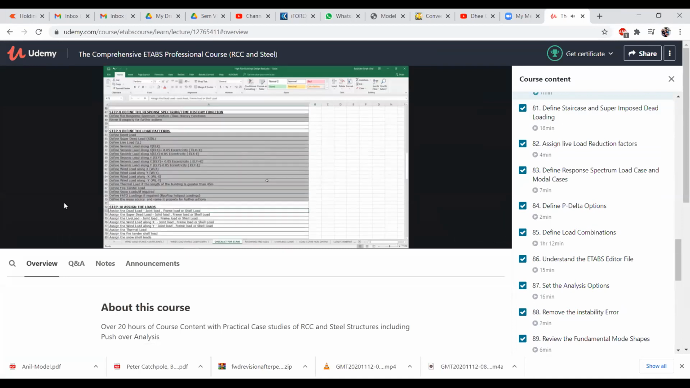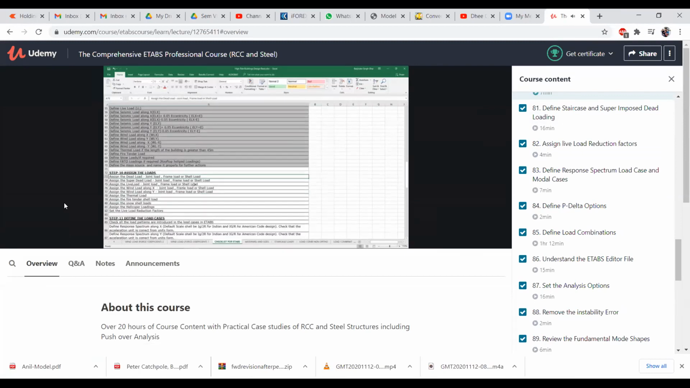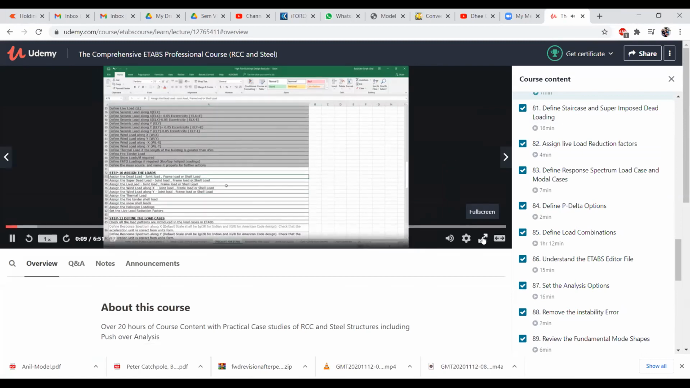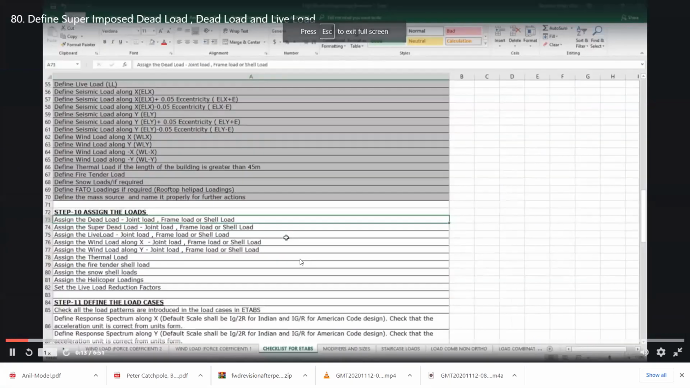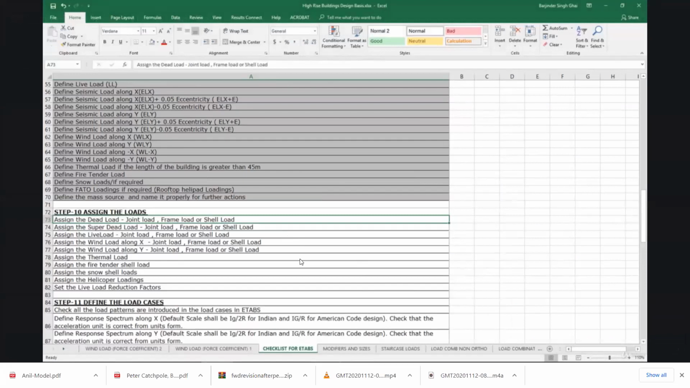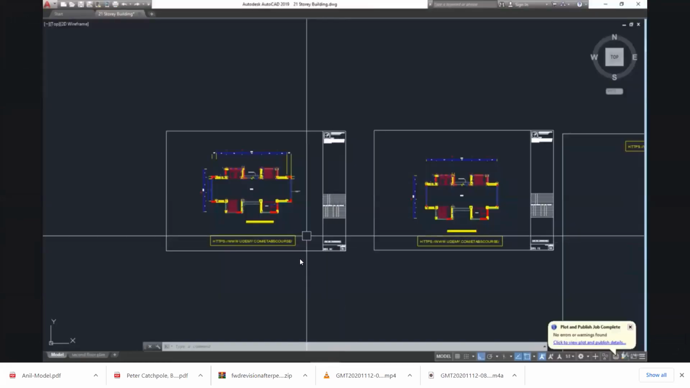So until now we have completed up to step 9, that is, we have defined the load patterns. Now we will assign the loads, that is, first of all we will calculate the loads that are required as per the architectural drawings, and then we will assign those loads to our structure. If we talk about the loads that will come on our structure,